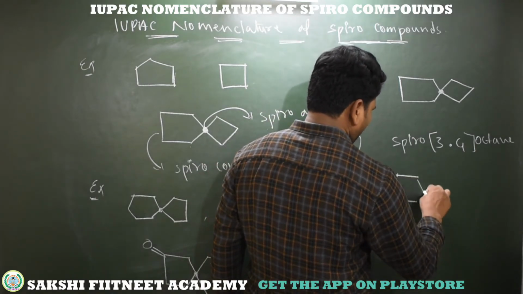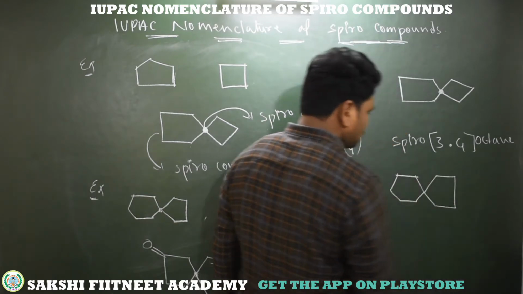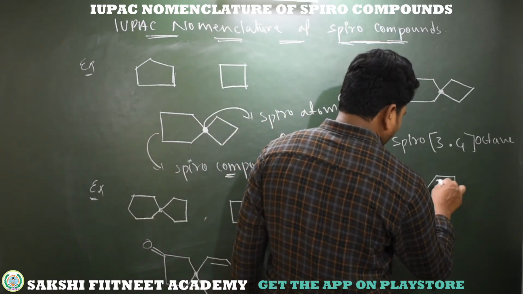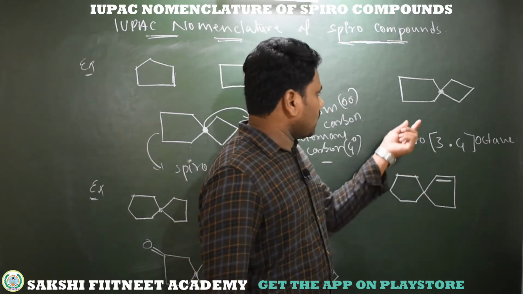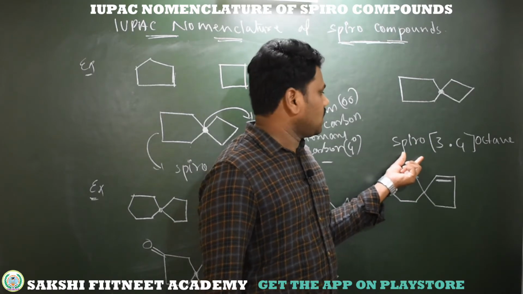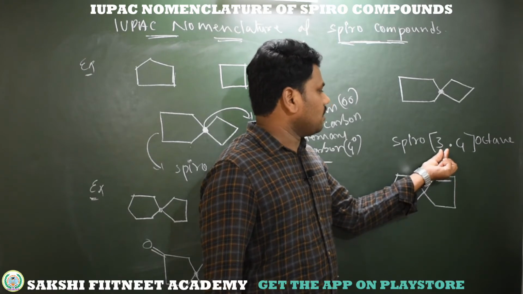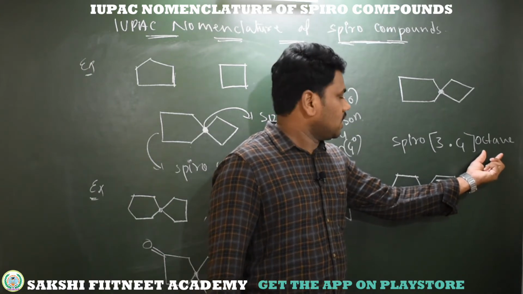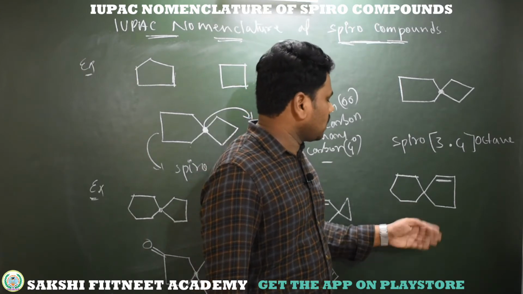Now I'm taking another example. See here, this is a cyclohexane which is bonded to cyclopentane. Now I am keeping an unsaturation at this position. If the compound is saturated, it simply starts with the spiro prefix and a bracket. In this bracket you write the number of carbons present in the small ring and the number of carbons present in the large ring, and end with a hydrocarbon name. But here we have unsaturation,